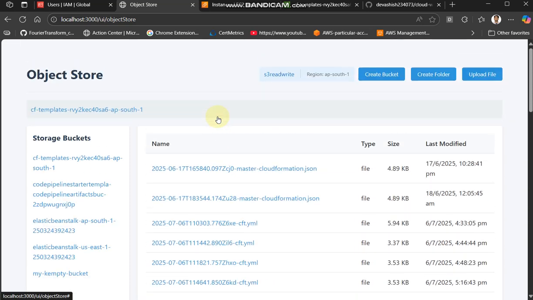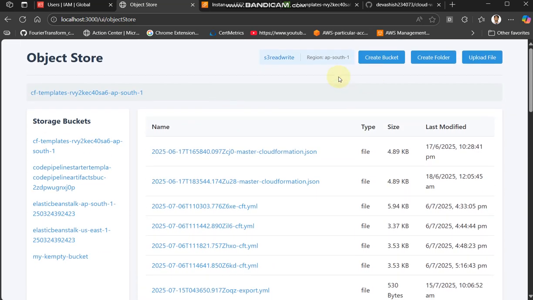So coming back, there is a create bucket also. I think this one is still in progress. I will show it maybe in a later video. But yeah, upload file, create folder, and create bucket. These will be the functionalities. Going back to home,